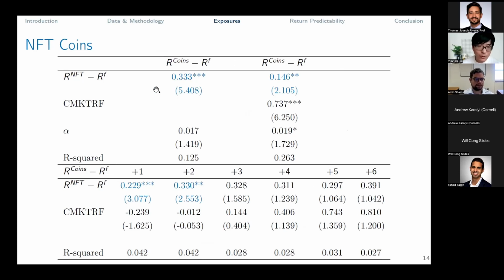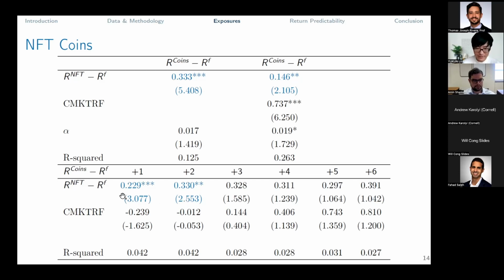But this, I think, is also interesting. This is about some of these coins or tokens in the cryptocurrency space that mainly have an NFT theme to them. So let's see whether their correlation with the NFT market goes above and beyond just their correlations with the general cryptocurrency market. And we do find that is the case, right? Even controlling for the cryptocurrency market, it is still significant, suggesting that these coins do get affected by how the NFT market is doing overall.